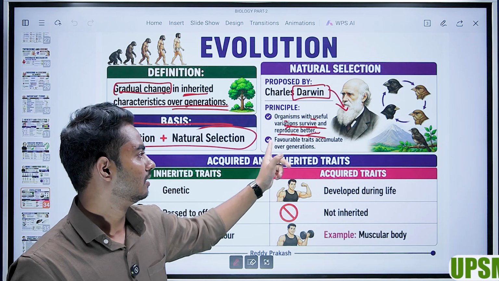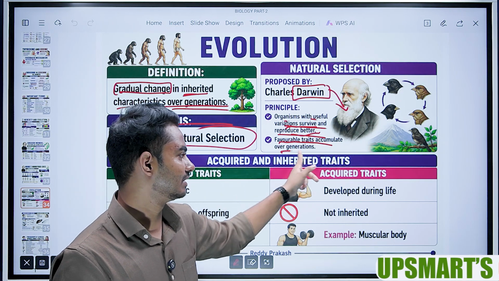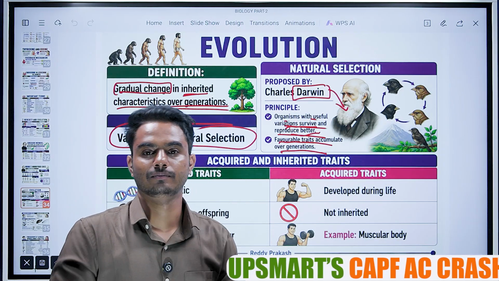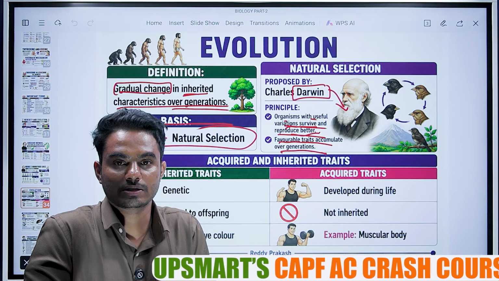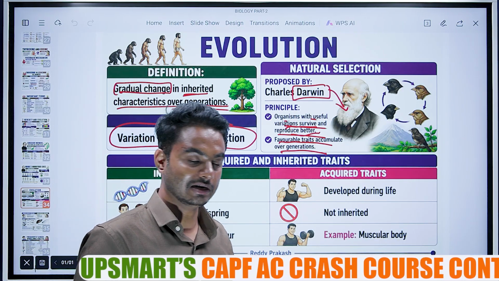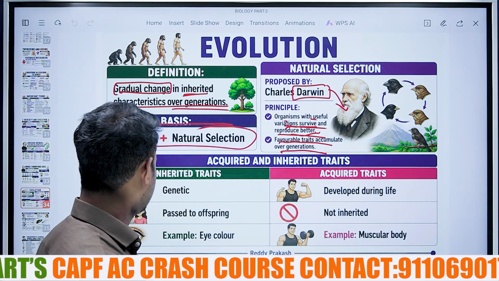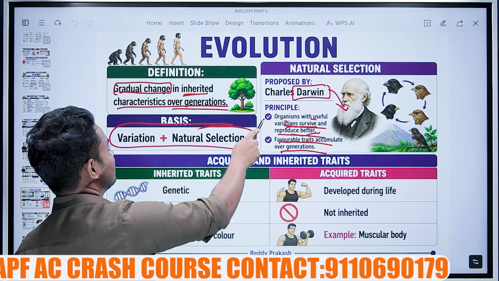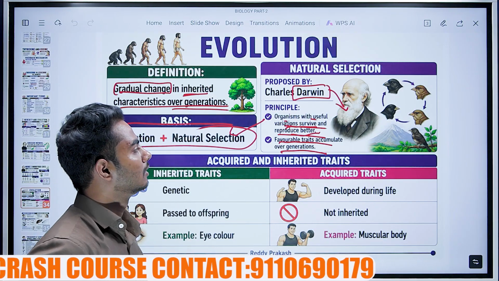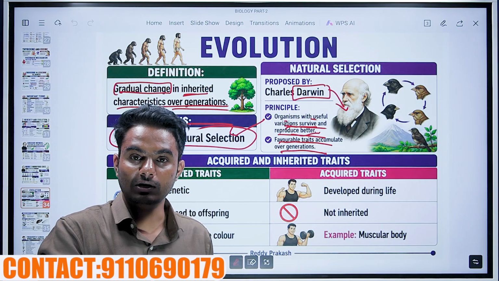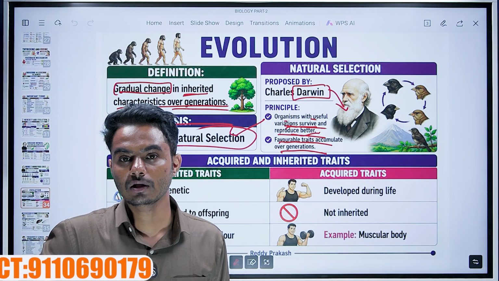Fine. Next, favorable traits accumulate over the generations. The green was a favorable trait and it will only become more green. That it will accumulate over the generations. Easy, right? Very easy, sir. That is given by Charles Darwin, sir. Fine. And that gives the basis for evolution. What is favorable, what is beneficial in the environment will lead to evolution and it will accumulate for a longer